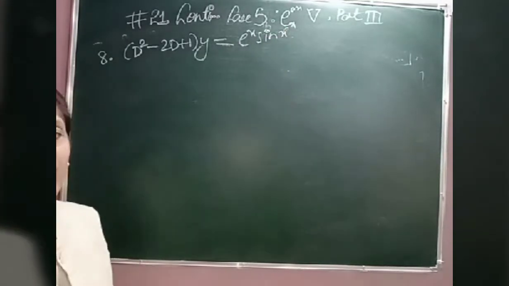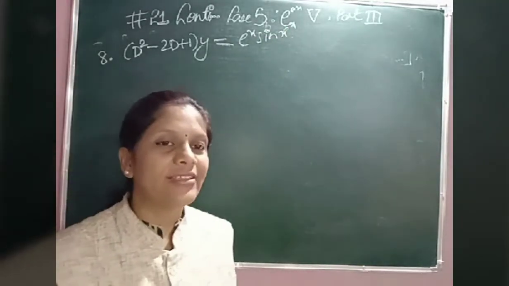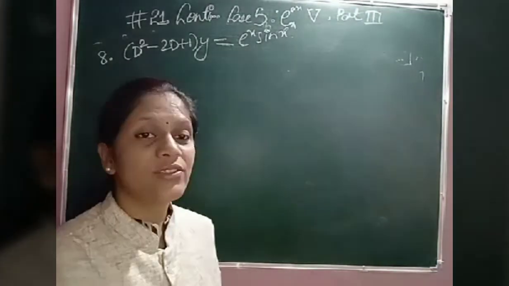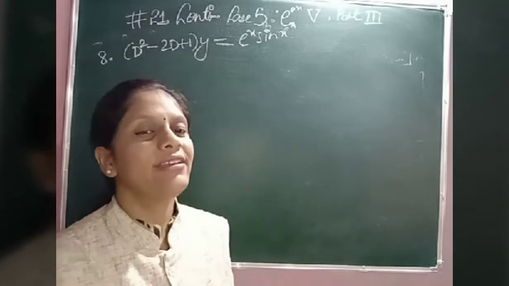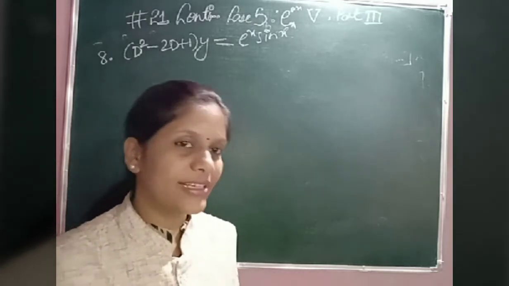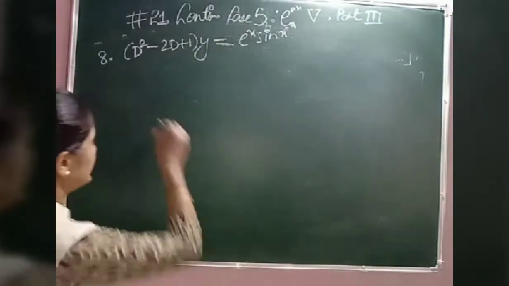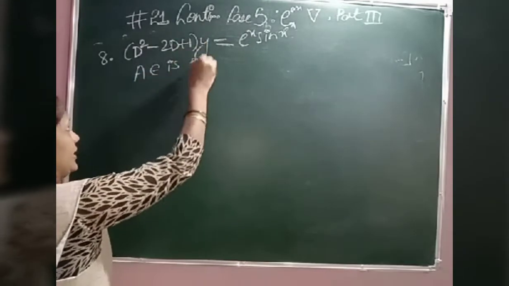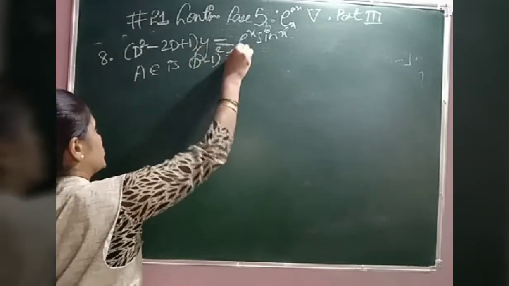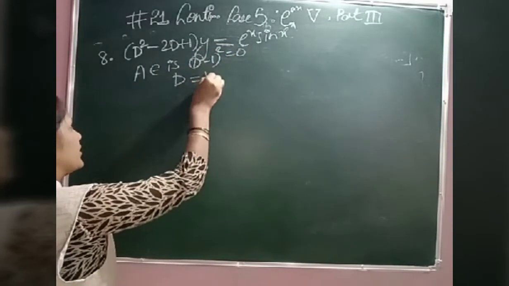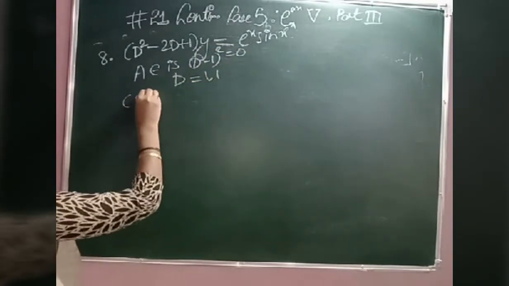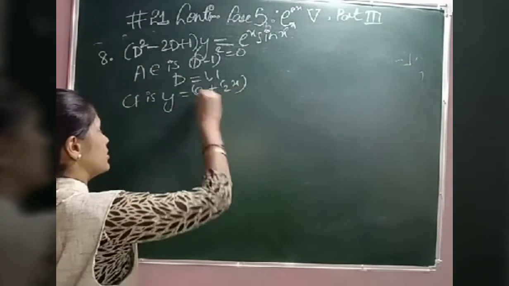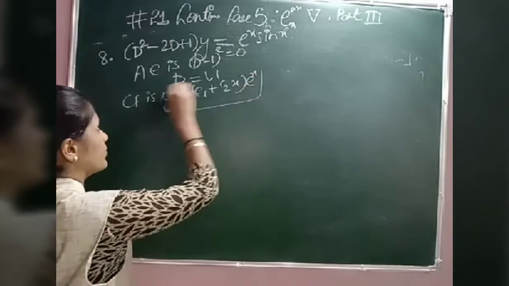Right? So again, as soon as we see this question, we understand it is non-homogeneous, further e raised to x into v. That is case 5, e raised to x into v form. First, let us find CF. Auxiliary equation is (D minus 1) whole square equal to 0, D equal to 1, 1. Complementary function is y equal to (c1 plus c2 x) e raised to x.